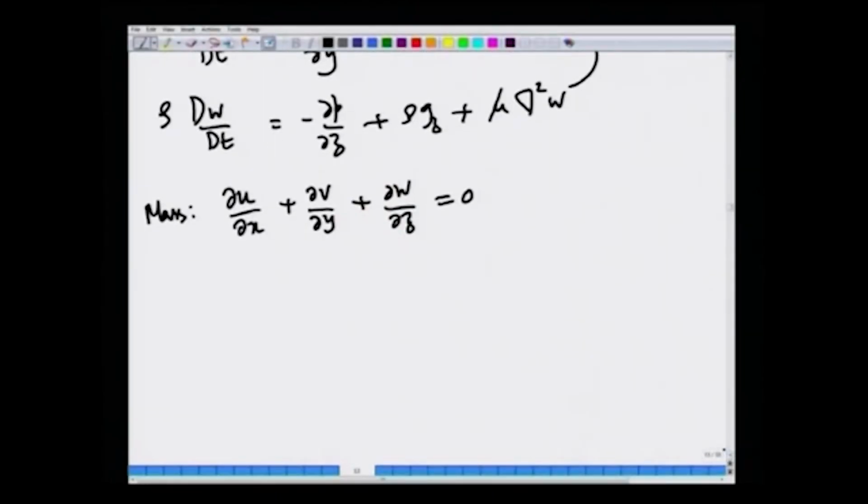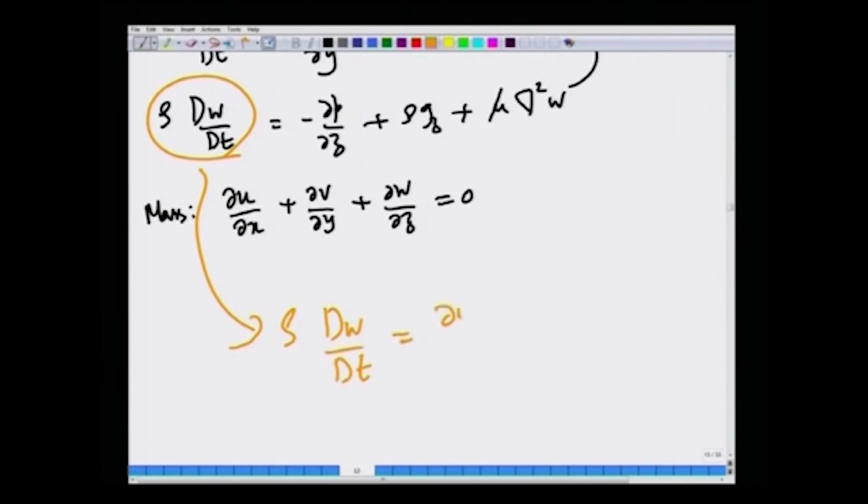So, 4 equations and 4 unknowns. In principle the problem is well set mathematically speaking, because you have the required number of differential equations for the required number of unknowns. But it is also useful to appreciate the complexity of these equations, because if you take the substantial derivative of any quantity, rho dw dt